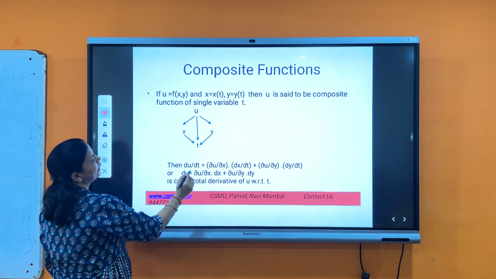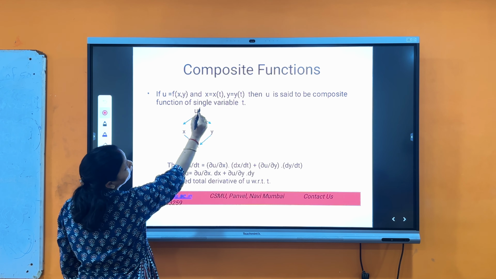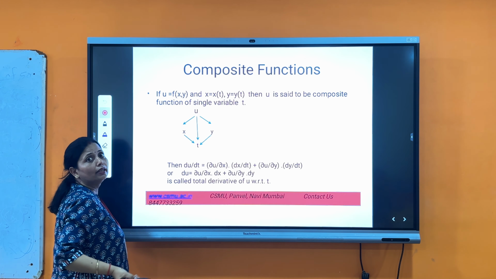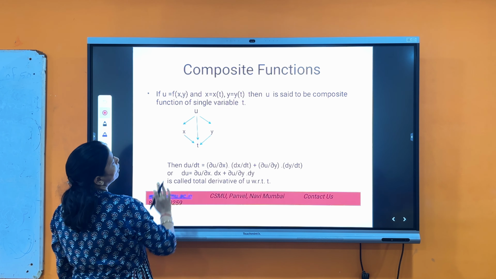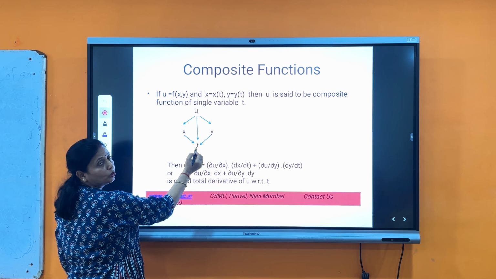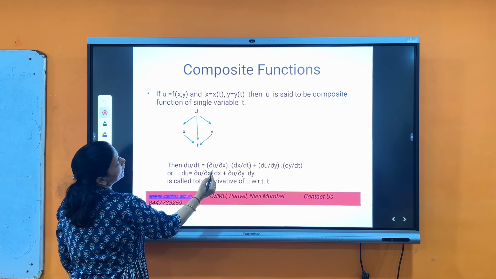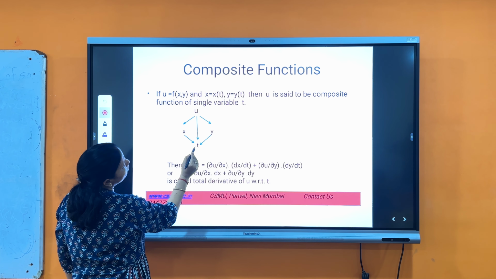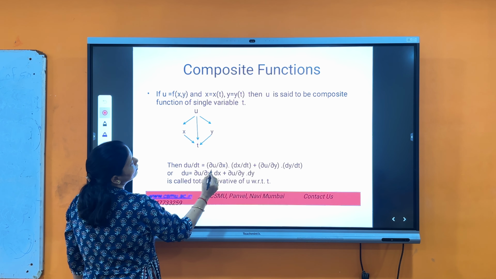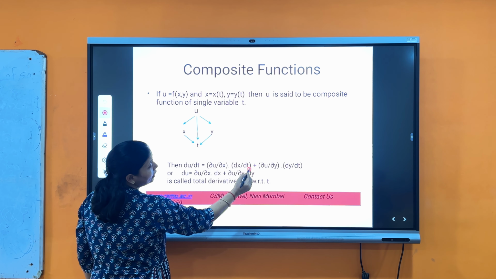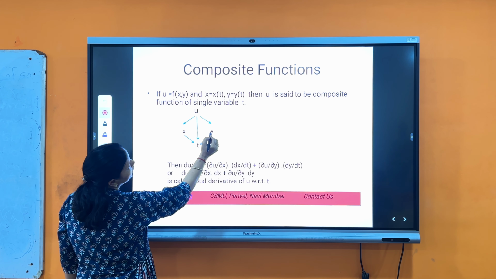So to find du/dt, why have we written t here? Because u is a function of the single variable t. Whenever there is a single variable, we always write d, and when there are two or more variables, we always write the partial derivative. So how do we get the derivative of u with respect to t? First we find the derivative of u with respect to x, ∂u/∂x, into the derivative of x with respect to t, from u to x, x to t, that is ∂u/∂x times dx/dt. Between the two branches we have to put a plus sign, and then the derivative of u with respect to y